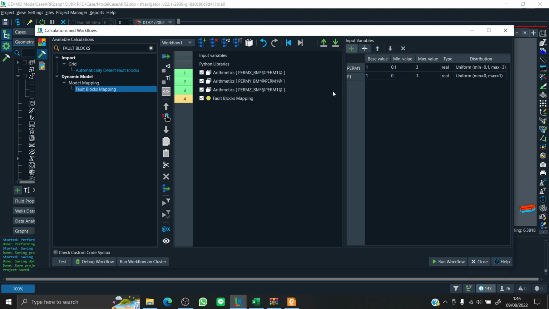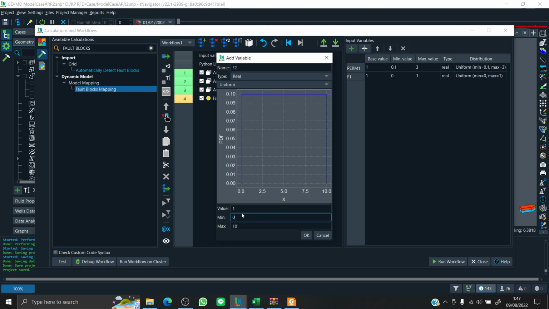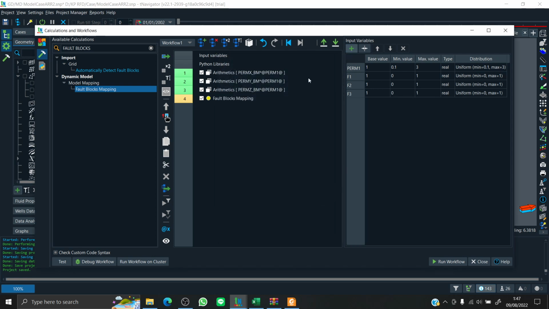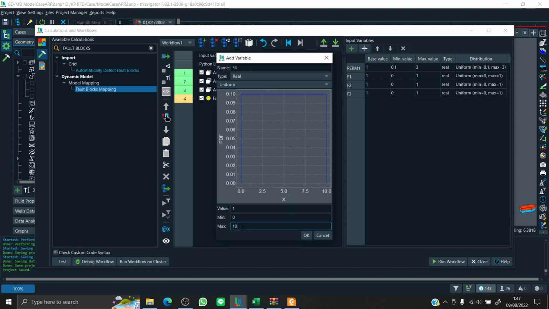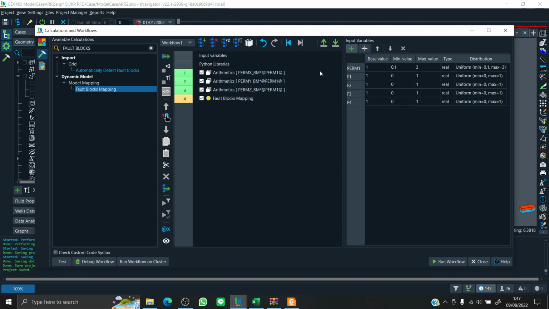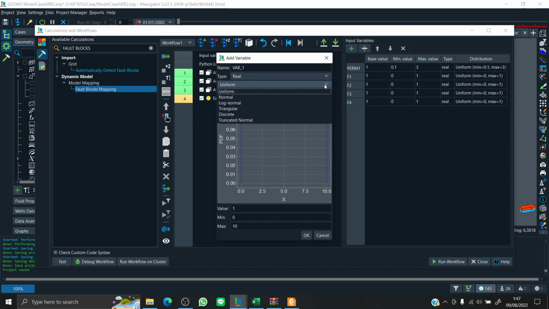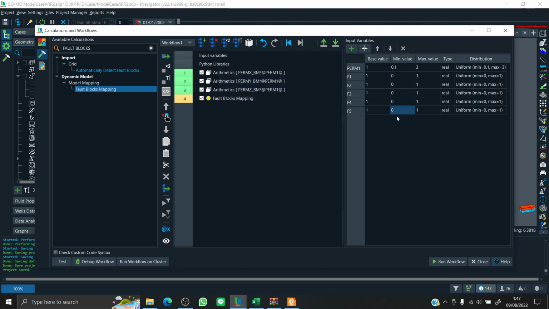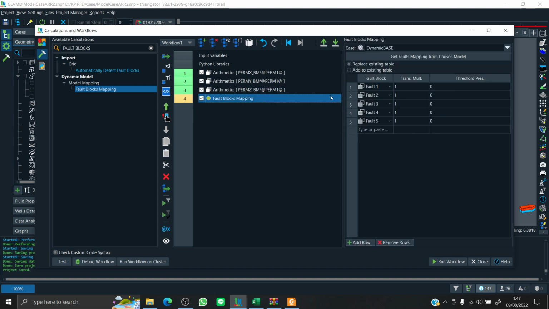Okay, just gonna add F2 ranging from 0 to 1, and F3 ranging from 0 to 1, F4 ranging from 0 to 1, and just gonna remind you, you can incorporate your distribution types, but from now on I'm just gonna use uniform distribution for all parameters. Okay, so we have our variables F1 to F5 for the fault blocks mapping.